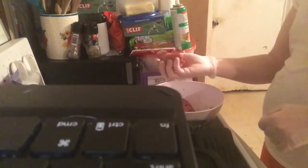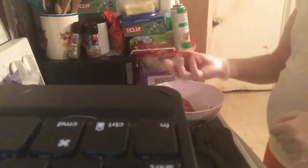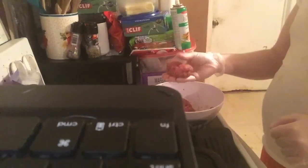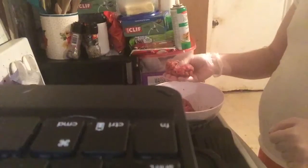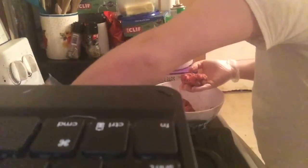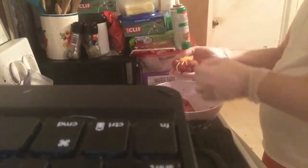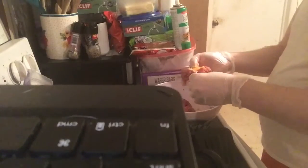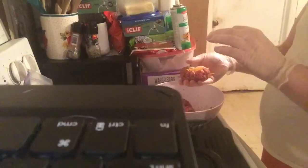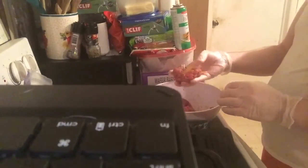Hold it in your hand, make a little bit of a ball in one hand. Now you're going to want to smush it in the middle a little bit. Grab your other hand, which is free, and sprinkle in some shredded cheese. You want to avoid touching the meat with this hand, and you're going to want to fold in